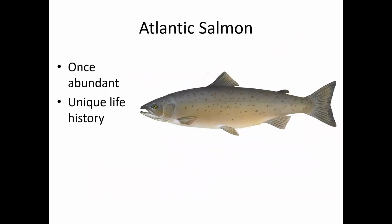So another native fish that we're going to include in our testing panel is Atlantic salmon. Like Coregonids, they were once abundant in Lake Ontario and they were found in the St. Lawrence as well. You'll find them in the Northeast of the United States over into Europe. If you ever go to an event and have salmon, you're probably eating aquacultured Atlantic salmon. So, you know, they're around, but